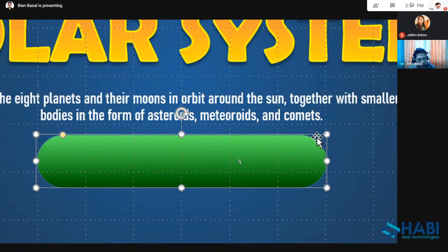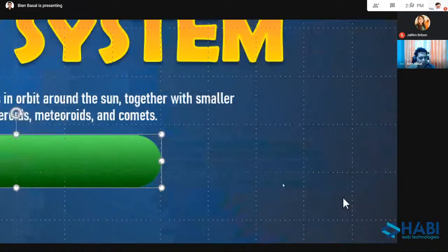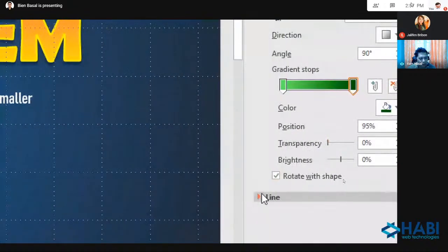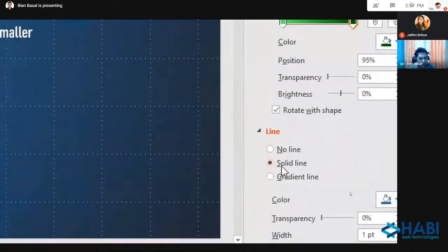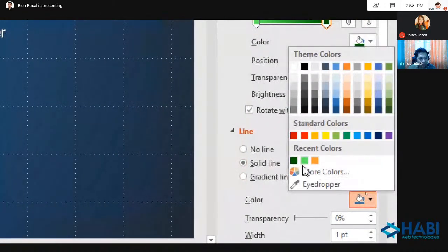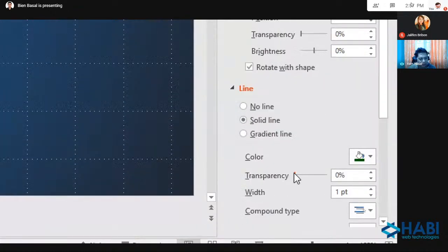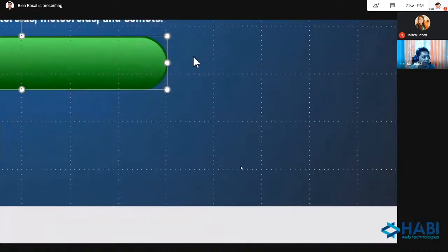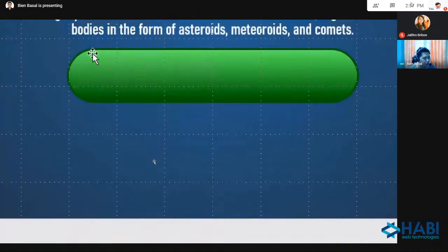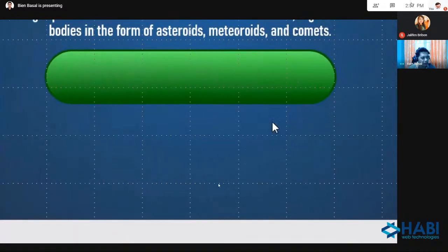I want to add outline. Gusto ko maglagay ng outline. So I will move down here sa outline. Solid line kukunin ko. And I want to use yung dark green lang. Pwede ito. Yan, dark green. Siguro ang width niya I will try 2 point po. Yan, 2 point. Ayan, meron na po nag-appear na parang guhit po dito. Yan, yun na po yung 2 point.